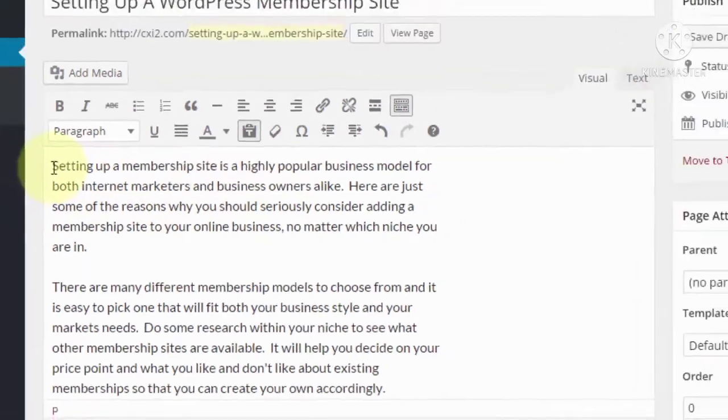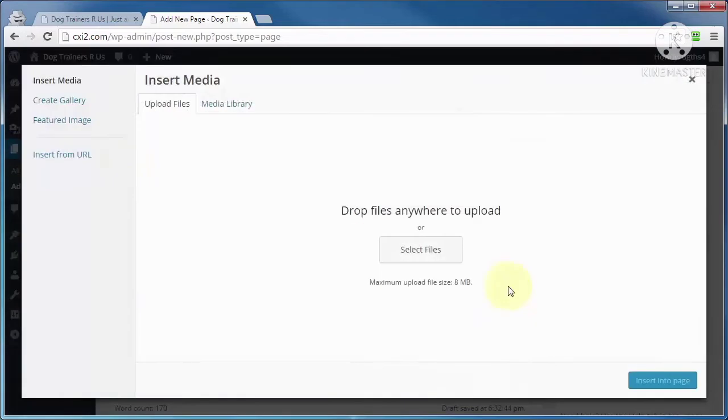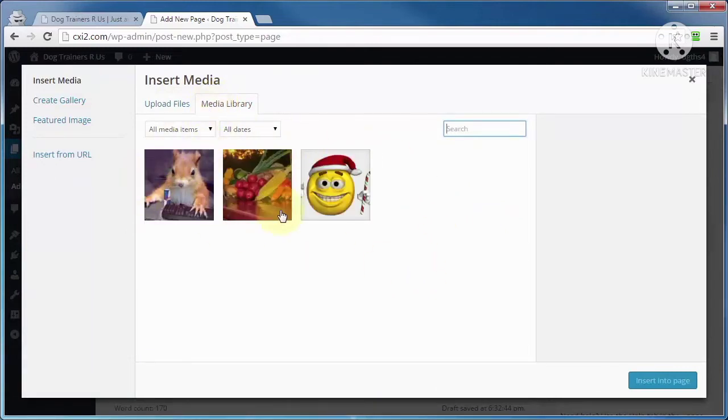Now, if you wanted to add media to this, like an image or video or anything from the media library, then you can do that by clicking on the Add Media button right here. Just put the cursor somewhere in the editor window where you want that media to be added, then come on up here and click on Add Media, and you can just drag and drop that media file in here, or you can select from content that's already been added to your media library, or you can insert it from a